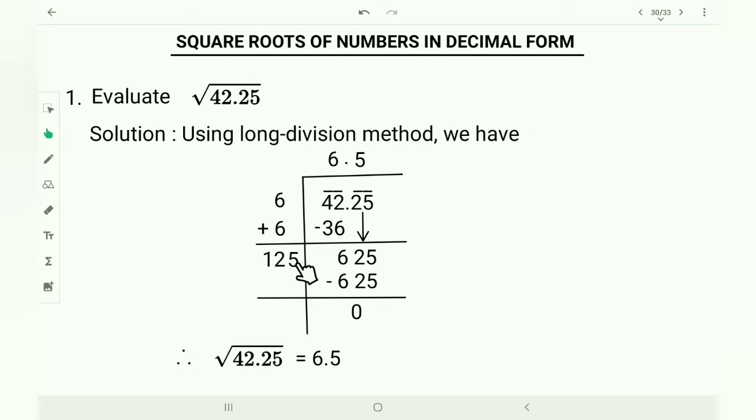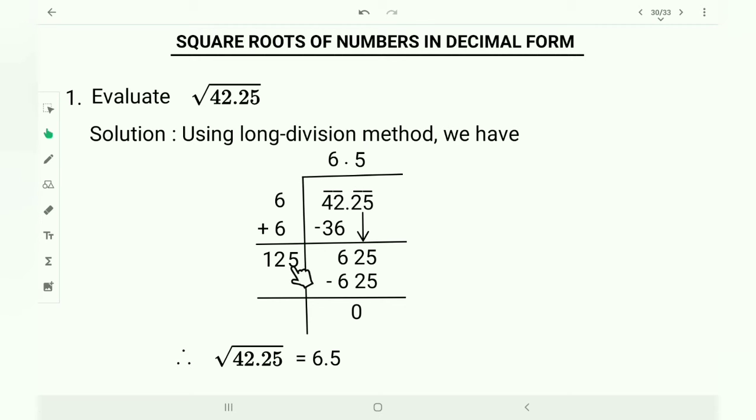But before taking this new square number you have to do work on the decimal. After doing work on 42 you get remainder as 6. Then after 42 the decimal is here. This decimal you have to replace in the quotient's place. So you can see here after 6 I have replaced and put the decimal in the quotient's place.